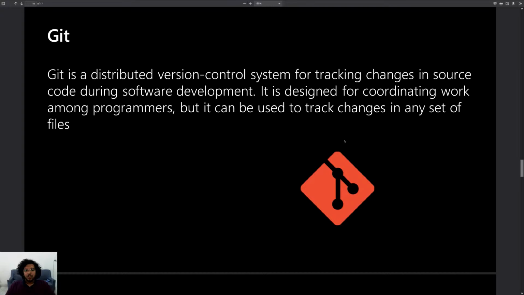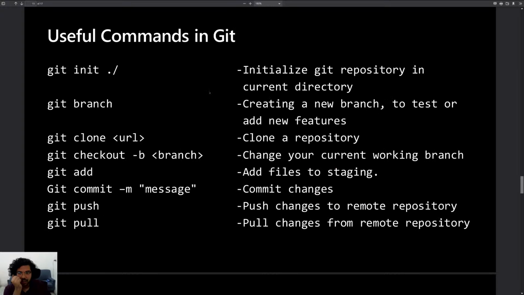Okay, so now we come to the commands. Git is the basic command tool, and these are the sub commands. So git init, git branch. There are two ways you can work on a software project.